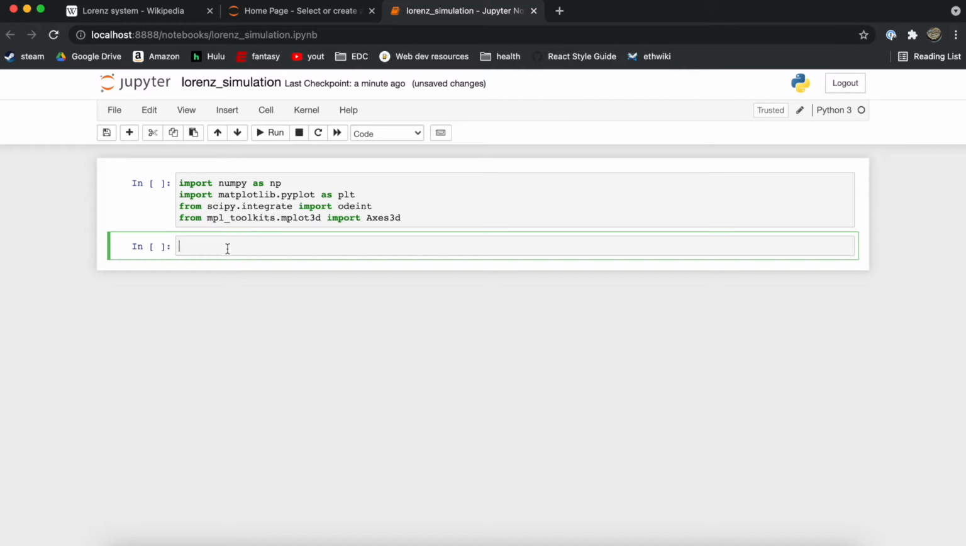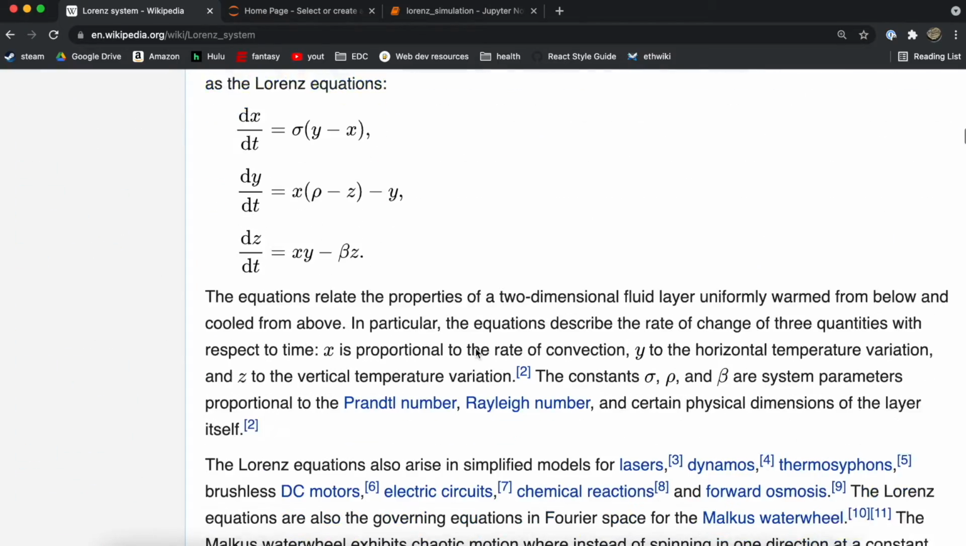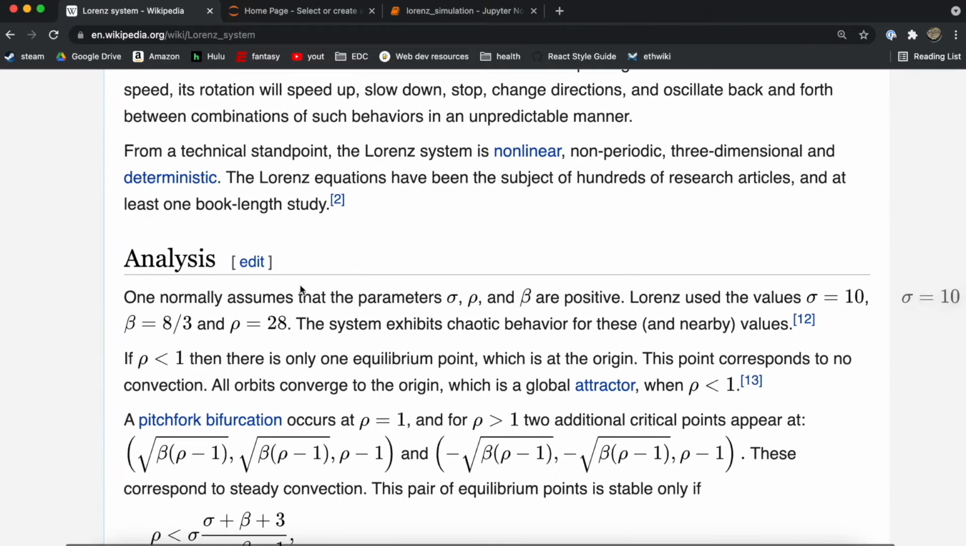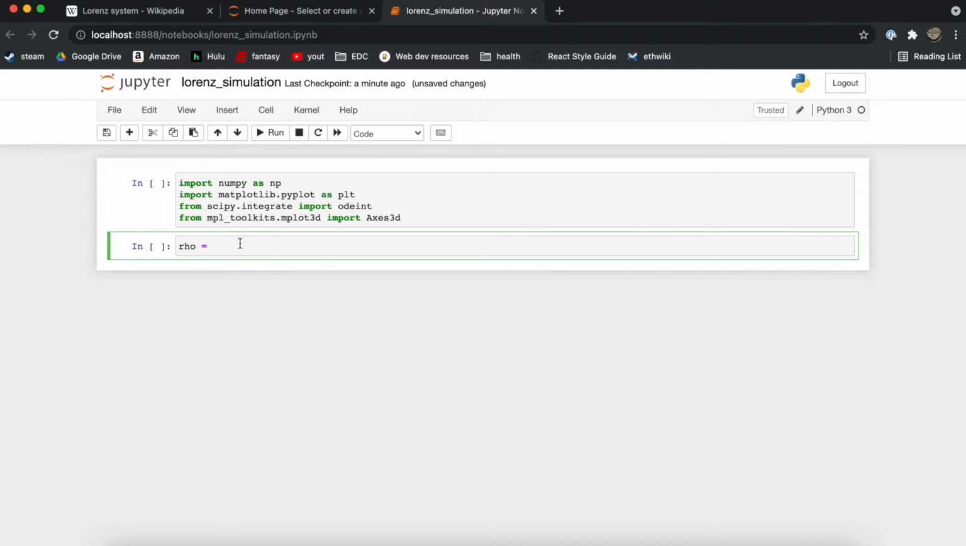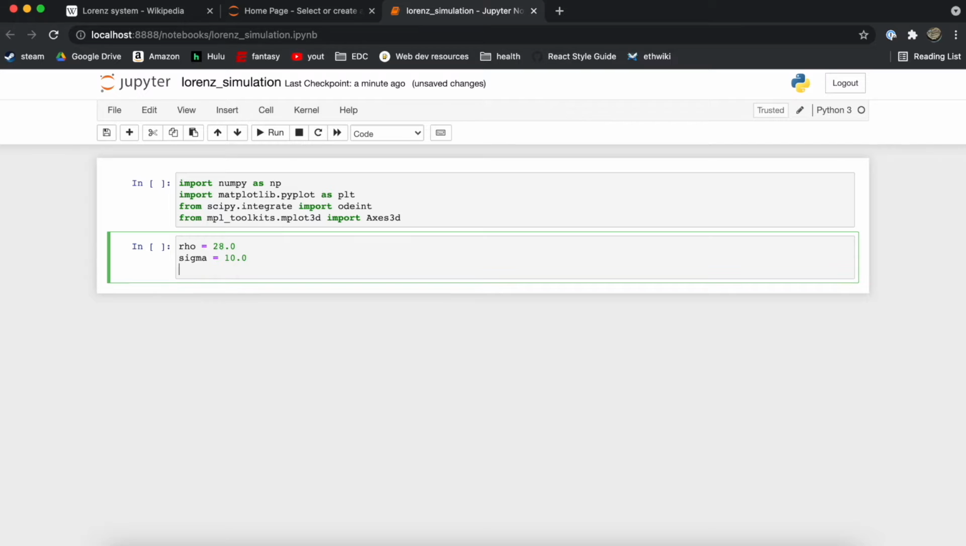Okay, no, actually first let's define our constants. The classical constants that are used for a Lorenz system are 10 for sigma, beta is 8/3, and rho is 28. Okay, so rho we'll set as 28, sigma as 10, beta as 8/3,